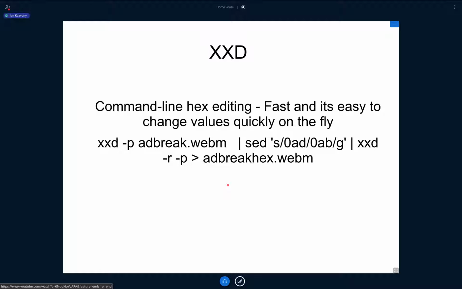So just to break that down a bit, XXD basically takes the file called addbreak.webm and turns it into a hexadecimal stream. Now the little upright figure there, I hope you're seeing that, just before sed, is a pipe. So the output of XXD, streaming the file as hexadecimal, goes into the command sed, which looks through the stream as it's appearing, looking for 0AD, and every time it sees that, it replaces it with